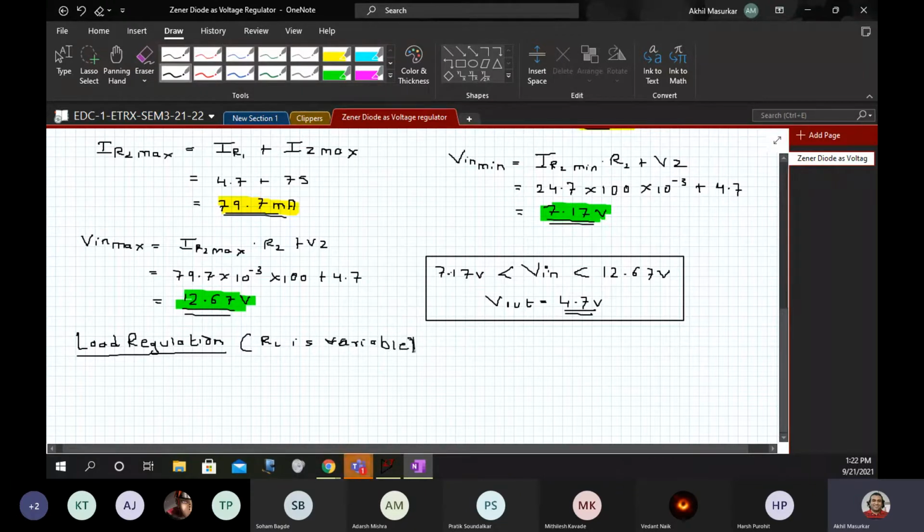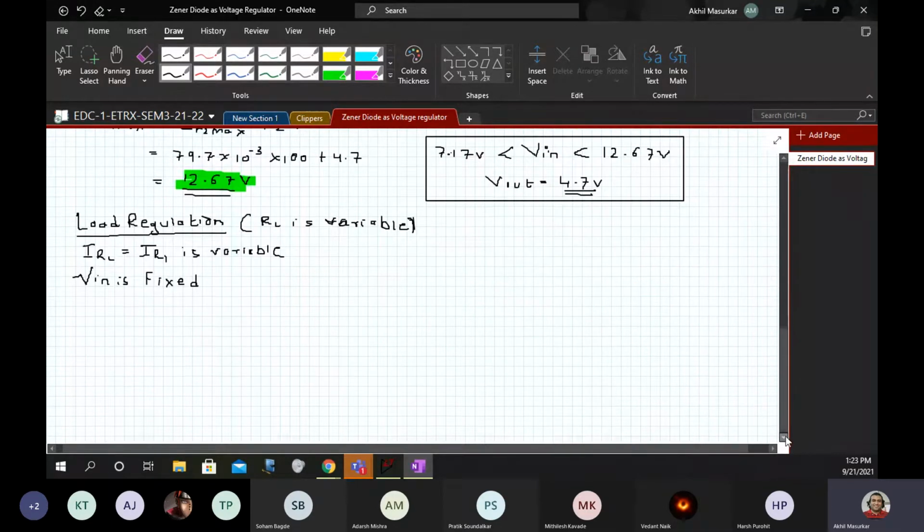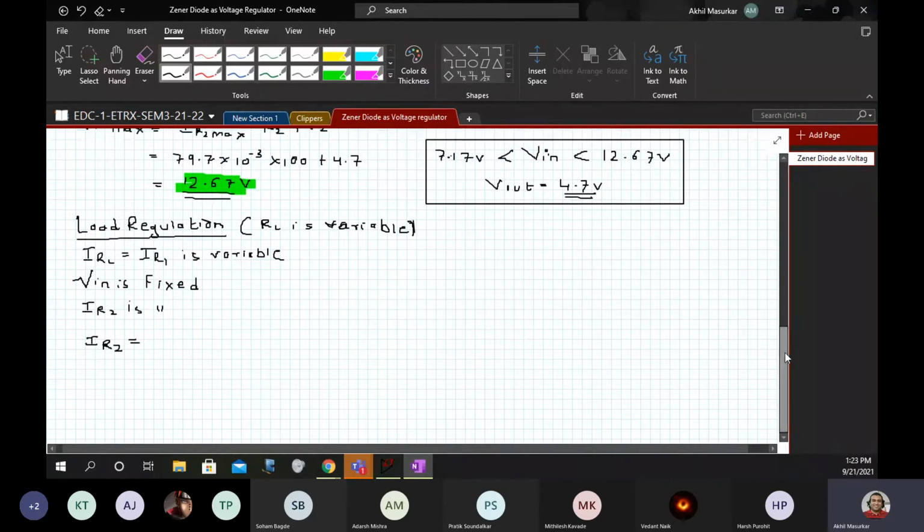RL is variable means actually IRL, which is also equal to IR1, is variable. It is changing, but Vin is fixed. So if Vin is fixed, then IR2 is also fixed.